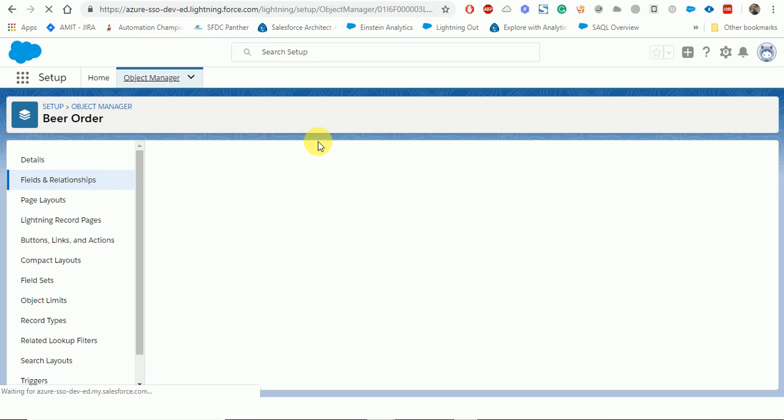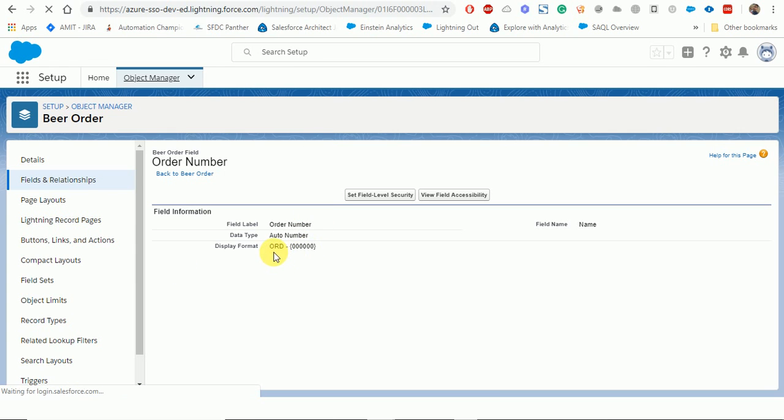So here this is the order number, like ORD, and then here 6 zeros, or you can give 4 zeros or anything, and then the starting number is 1. So this is the model that we need as of now for our project. If we expand this in the further tutorials, then we will do the model changes as well.